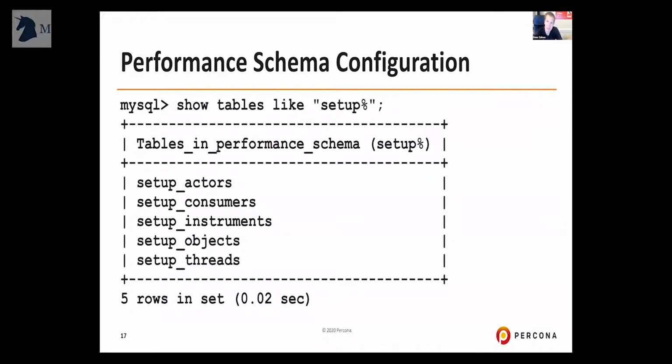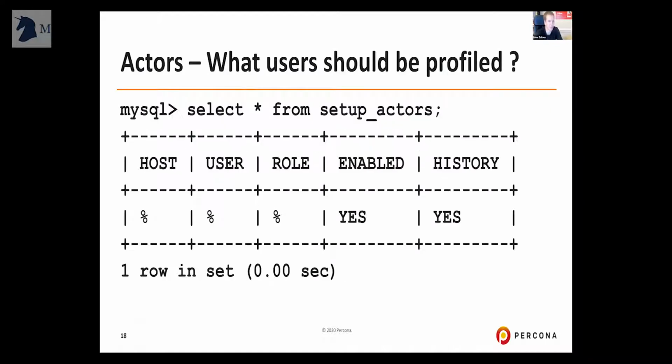Now, one thing about Performance Schema is it has a very powerful, though I would say maybe needlessly complicated, configuration. Its configuration is also stored in Performance Schema. And if you look at configuration, we have 5 different tables which contain that configuration. For example, setup_actors tells us what kind of actors, in this case sort of users, need to be profiled, right? You can choose to instrument only some of the users,